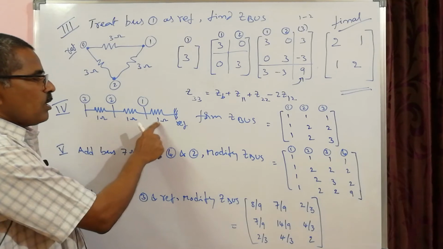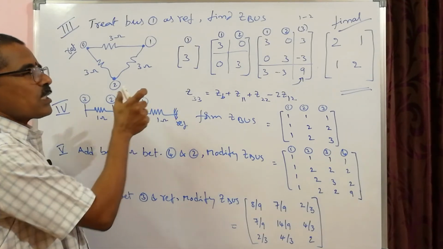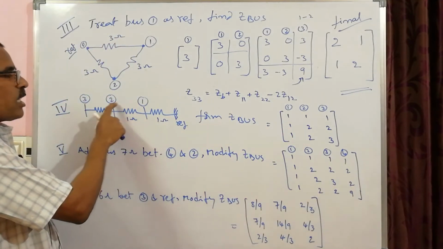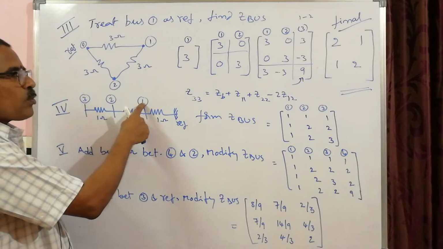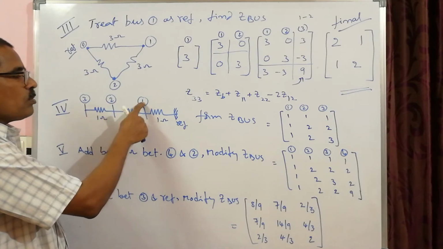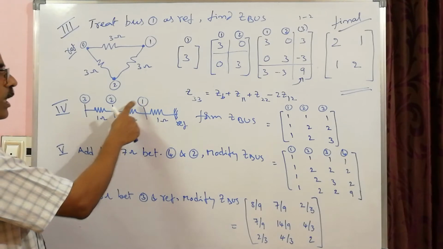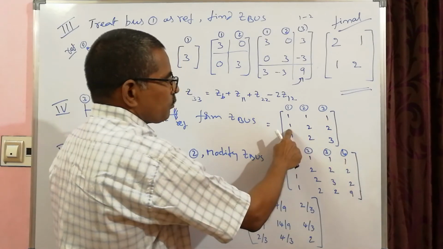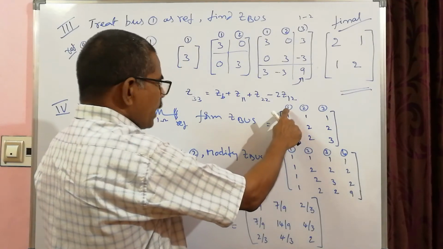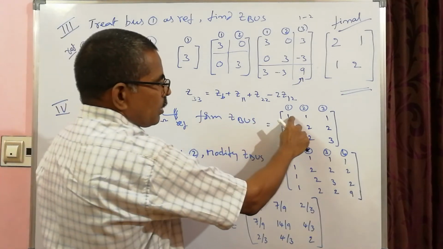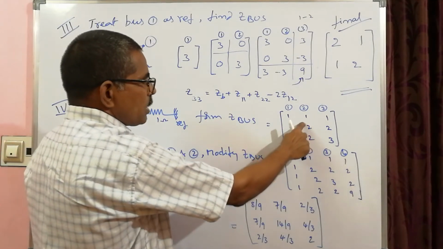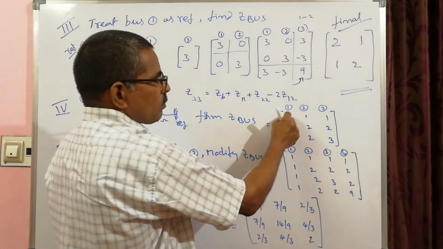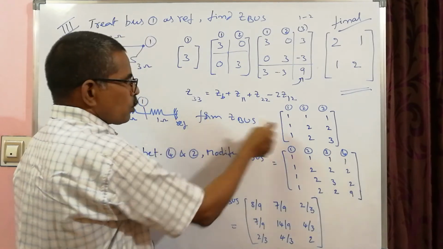Consider first one, first bus to reference, that is case A, you will be getting 1. Then you add this one, that is second bus to first bus, existing bus to new bus, so that the dimension increases by 1 and then you will be getting up to this. Okay, and you are adding to 1. So this is to be copied here, and this is ZB plus Z11, that is this. So it becomes 1 plus 1, which is 2.